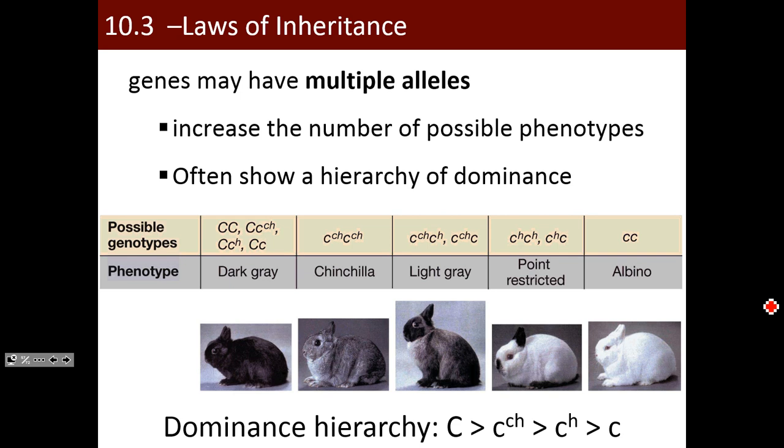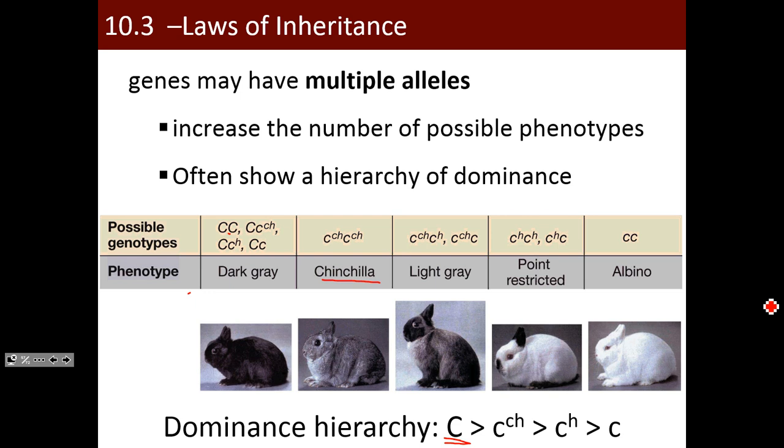But the most dominant phenotype is dark gray, like this guy down here that's almost black, right? And you can get this almost black rabbit by having any allele set which contains the most dominant fur color, the big C, okay? So if you have the dark gray big C allele combined with another dark gray allele, with a chinchilla allele, with a light gray allele, or with an albino allele, it doesn't matter, you get a dark gray rabbit. Okay? The next most dominant is the chinchilla allele, and that gives you this nice soft gray